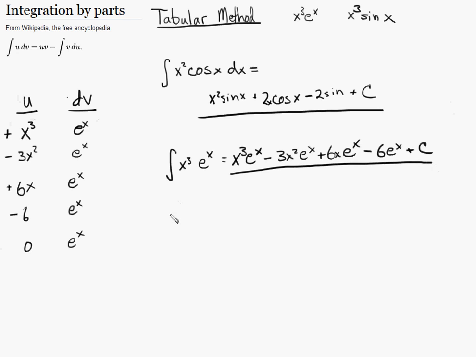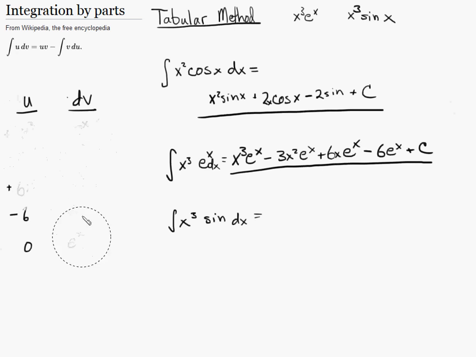integral, and one more. Let's do the integral of x to the third sine x dx. Oh, I forgot my dx right there too. And let's erase the table. Oh, even though the x to the third is exactly the same, I could have just left it. So we have x to the third, 3x squared, and 6x squared. And then for the sine x, integral of sine is negative cosine x, negative sine x,